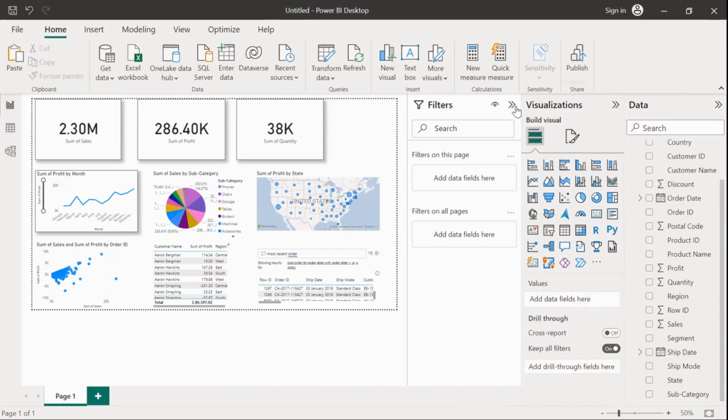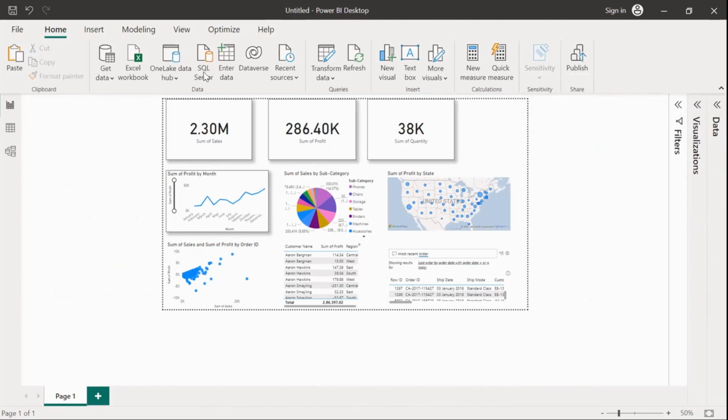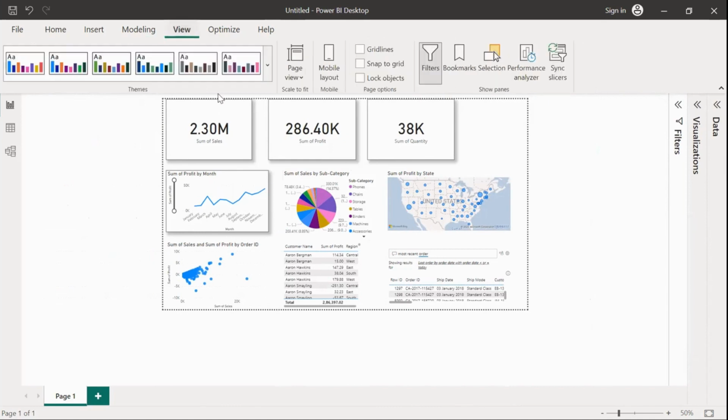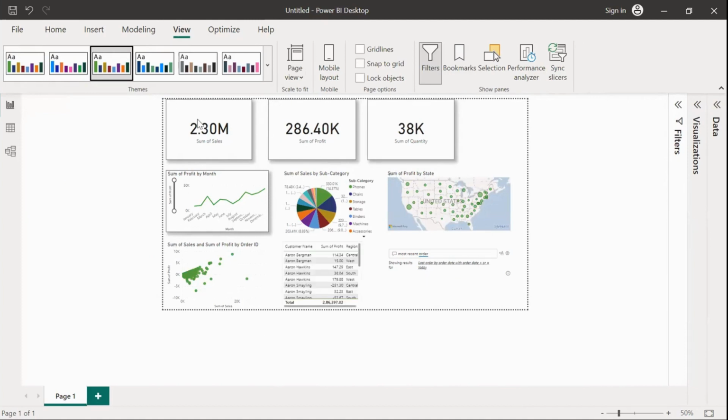As you can see, we have made our dashboard, an interactive dashboard. If you want to make it more pleasing to the eyes, you just go to View and change the theme. As you can see, the theme is being applied. It changes the color and customizes it to the theme which we have selected. It looks visually pleasing to our eyes. Okay. As you can see, we have made our dashboard,